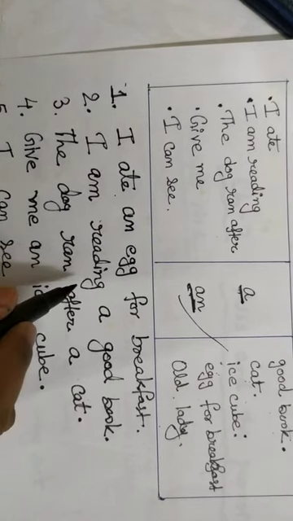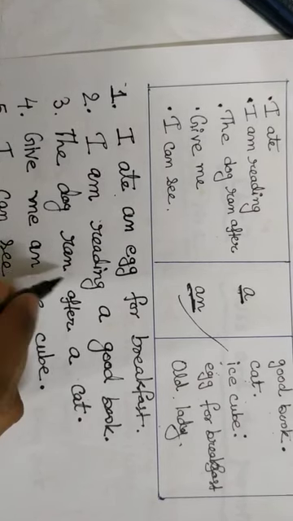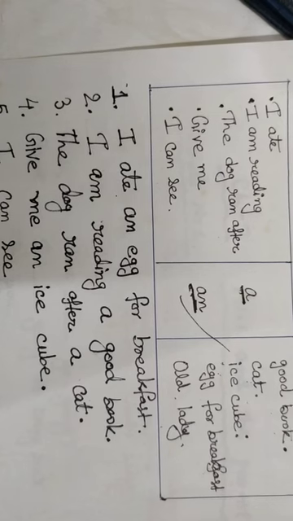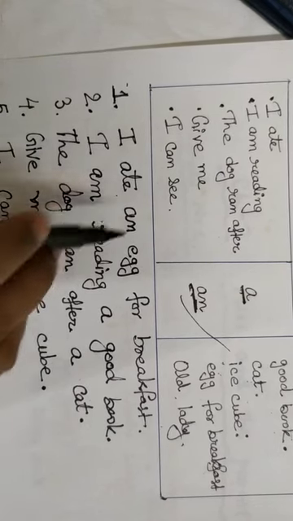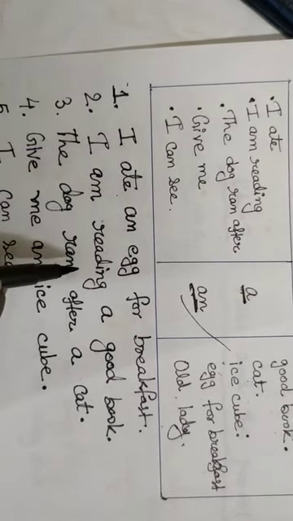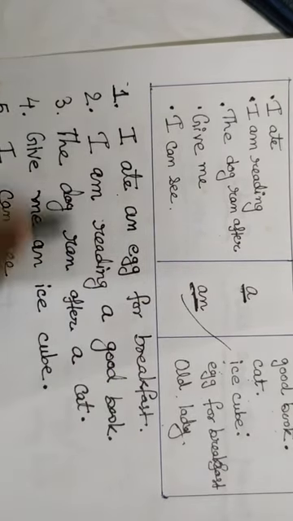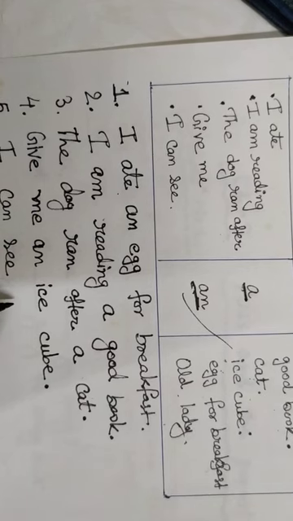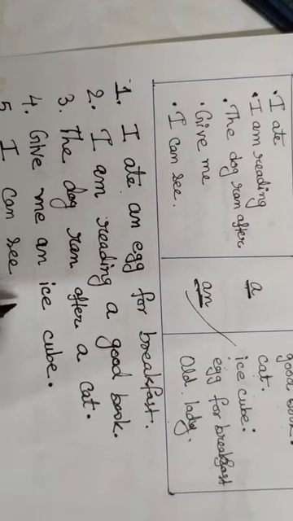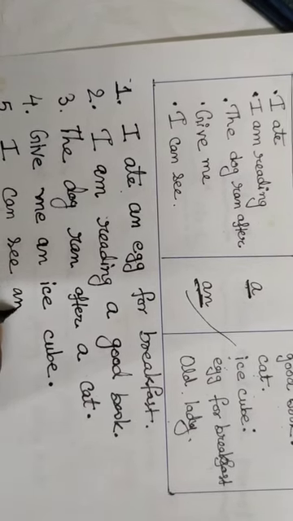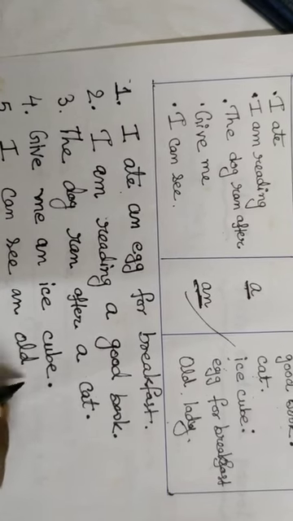But in your book only 5 lines are given. So you have to make 5 sentences. But you can make more. Okay, आप बना सकते हैं और भी sentences, while using a and an. Only 5 lines are given. So you will write 5 lines only. I can see an old